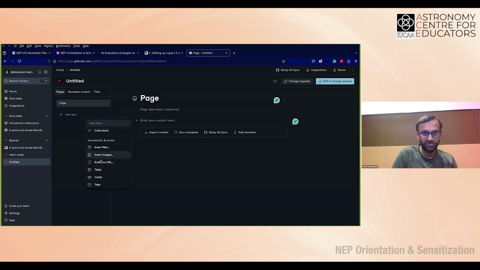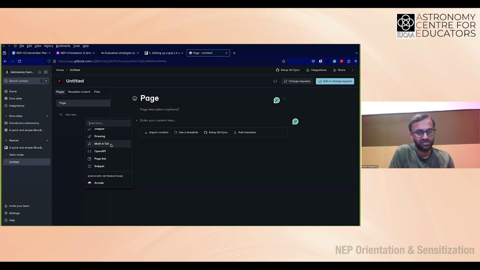Of course, you can upload images, embed URLs, include tables, cards, various things. But not everything, obviously, but still plenty to create a simple website where you want to just post your content. And I think it's pretty much free. There must be some limit which you cannot exceed, but it's set to be pretty high. It also allows LaTeX syntax if you want to include equations.